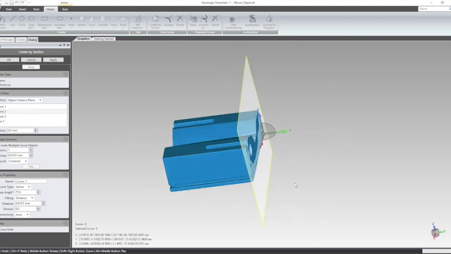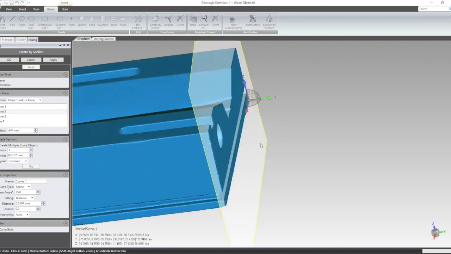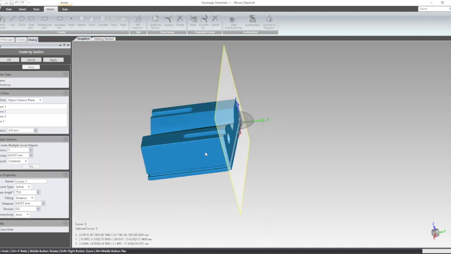Okay, plane 2, I want to start, I can change the position a bit, so more inside the object like that. And if I want to have several planes over here, I can go up with my planes over here, let's say 60, I can say 3 millimeters,